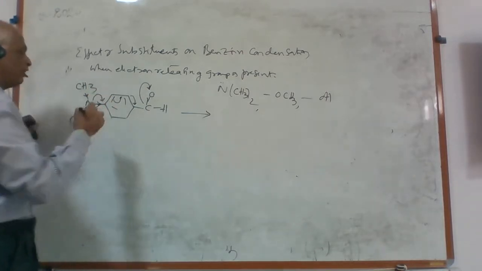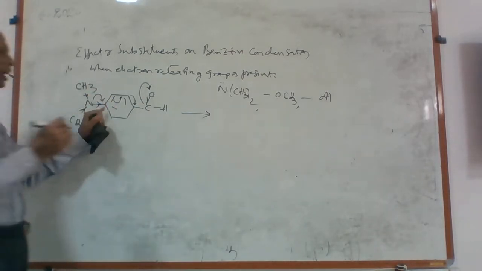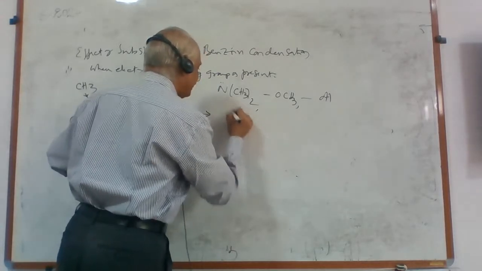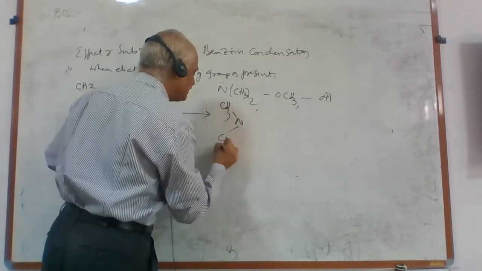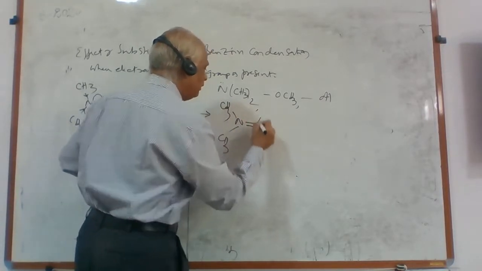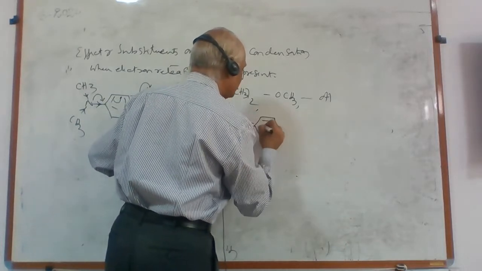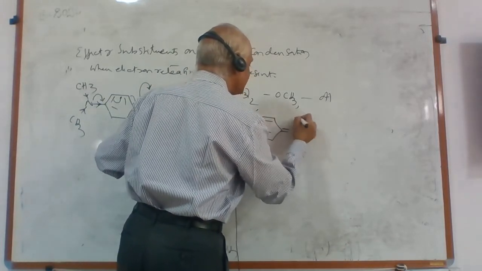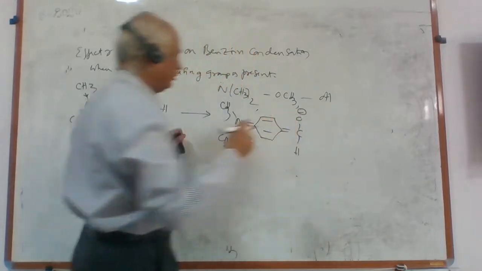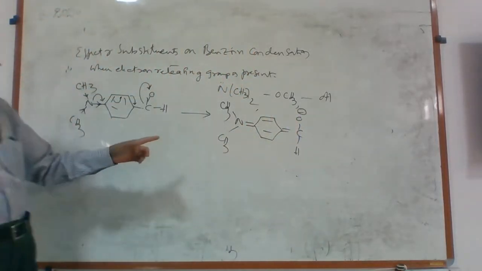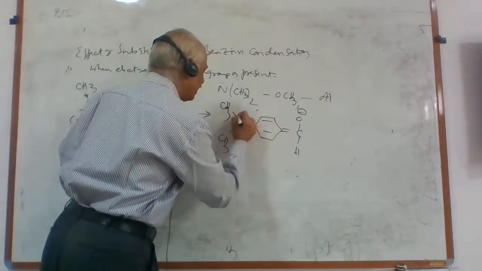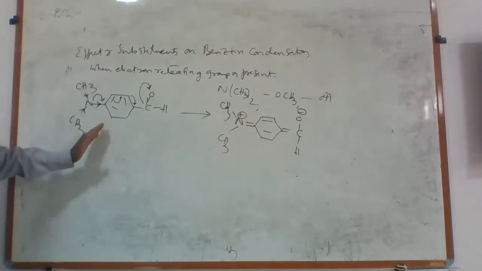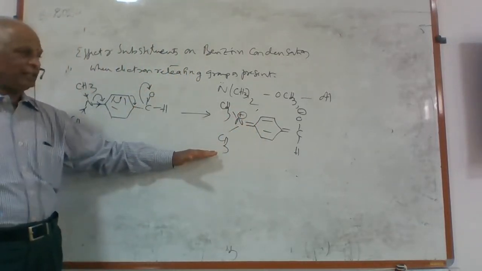The lone pair of electrons on nitrogen migrates onto this carbon atom, forming Me2N+=, with C, O minus charge, hydrogen. So this is the resulting structure, and N gets a positive charge. So this is the resulting structure in this compound.